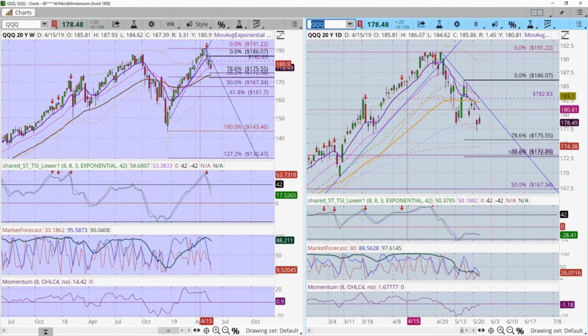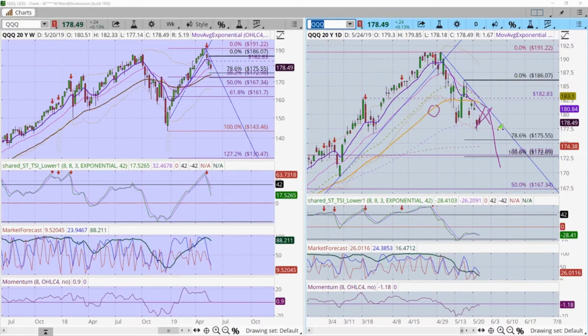One of the things, again, with this particular entity, I would be interested in a pullback up into either the 8-day moving average, which is here, which may coincide and intersect there about the 180, 180.50 level next week, or maybe up a little bit higher to the 50-day moving average, that golden line right there. If price action moved up into that and then reversed down, here would be my target areas to the downside.